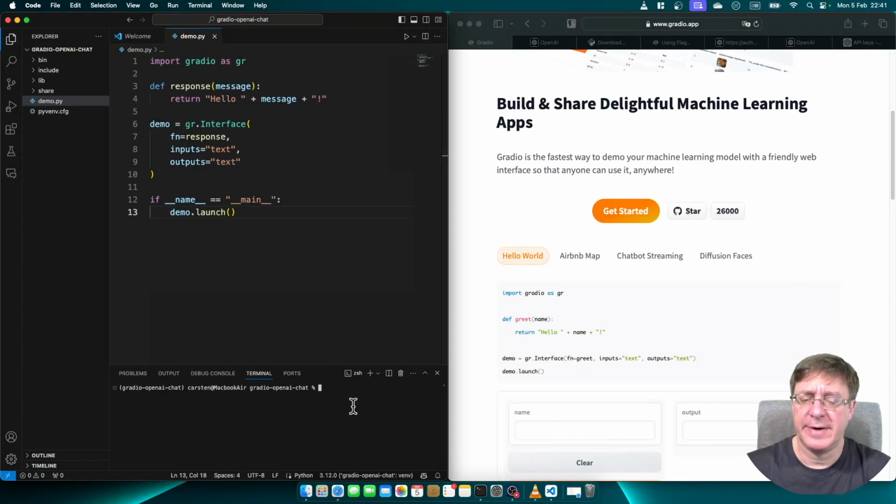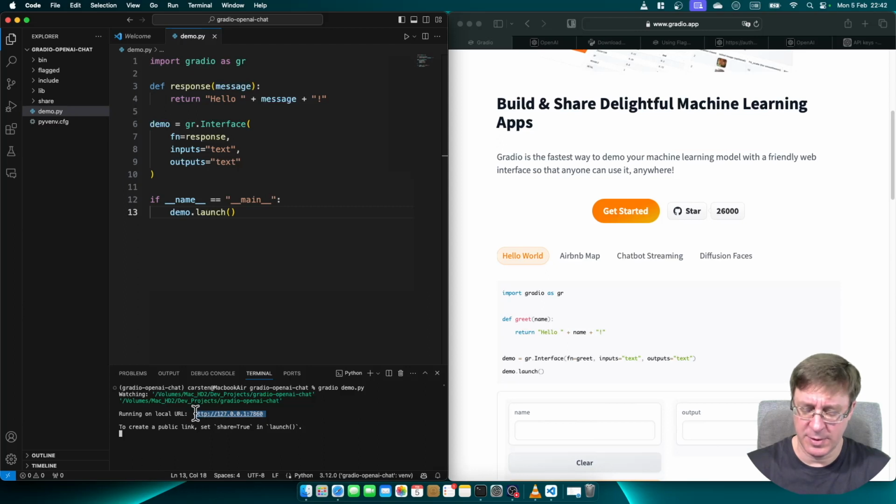After we saved the file, we can start our web application by typing gradio demo.py. The gradio command will start a server, and this server will check for changes in the demo.py file and will automatically update the application when changes occur. Okay, now the server is running and we can copy the URL